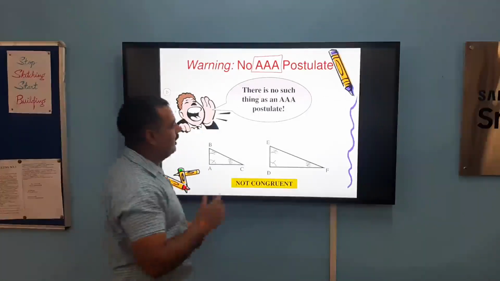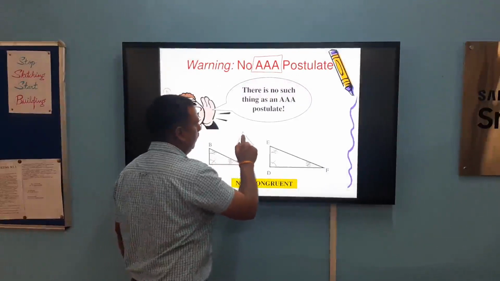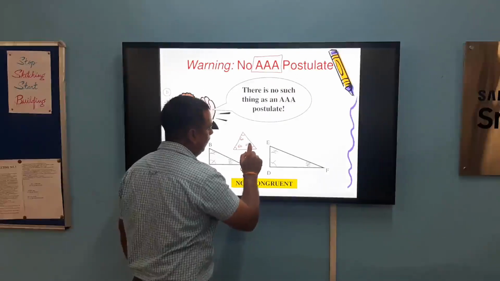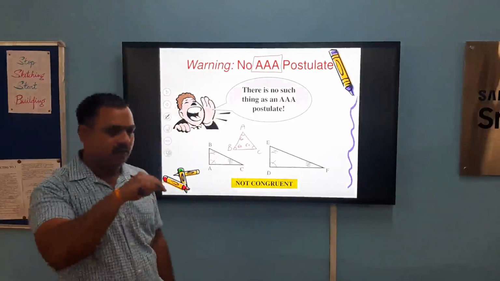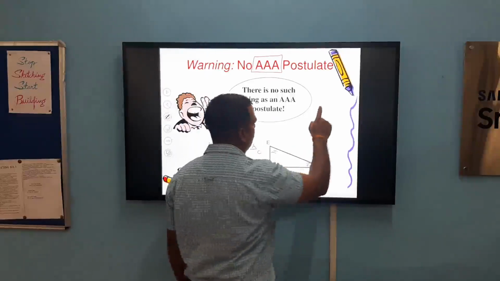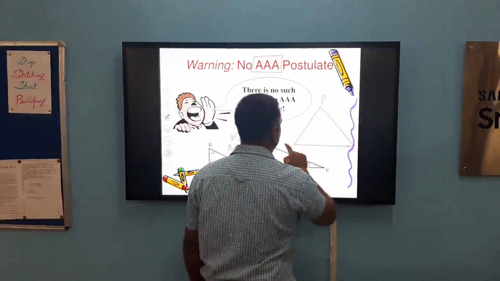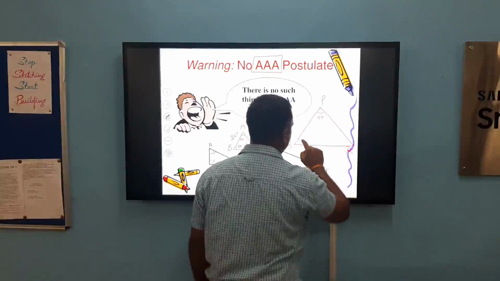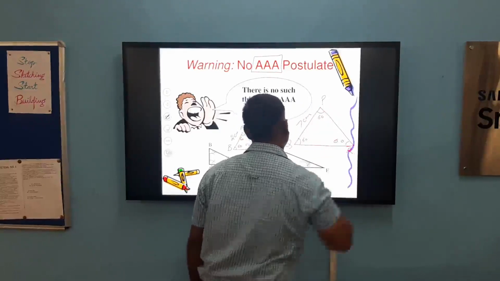To understand this, we can take an example of an equilateral triangle. We all know that in every equilateral triangle, all angles measure 60 degrees. So we take an equilateral triangle ABC in which all angles are 60 degrees, and the side of the equilateral triangle is 2 centimeters, for example. And another equilateral triangle PQR, here the angles are also 60 degrees and the side is say 7 centimeters.